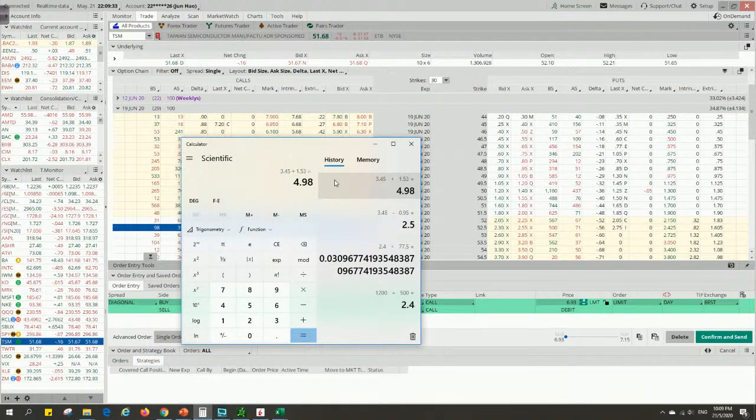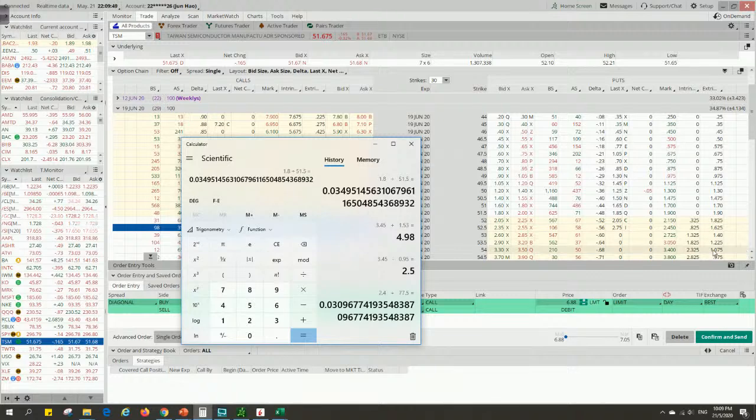When I'm selling a CSP, I want my premium collected to be at least worth 2% of the underlying price. So let's take the worst case, 180 over here, and divide by the underlying 51.5. Yeah, it satisfies my trading criteria. It is a premium of 3.5% as compared to its underlying price. So selling a CSP is an attractive strategy, but